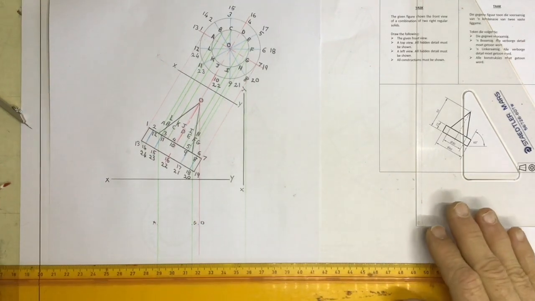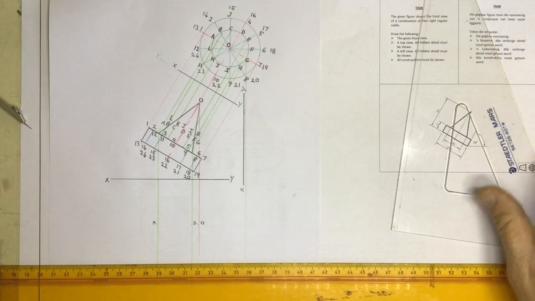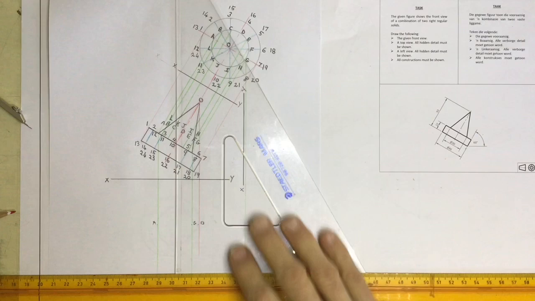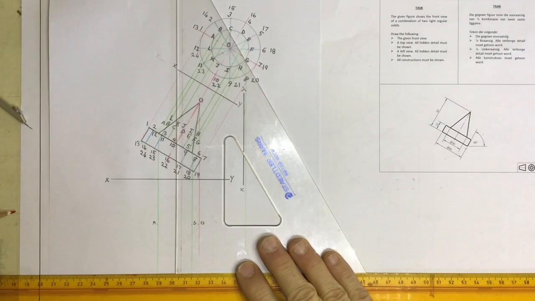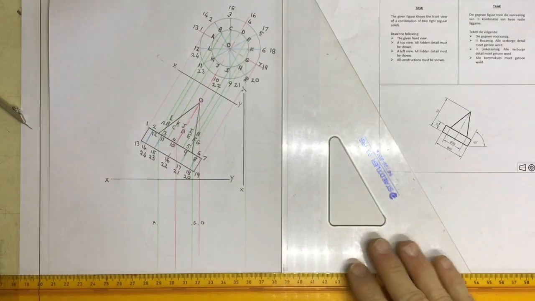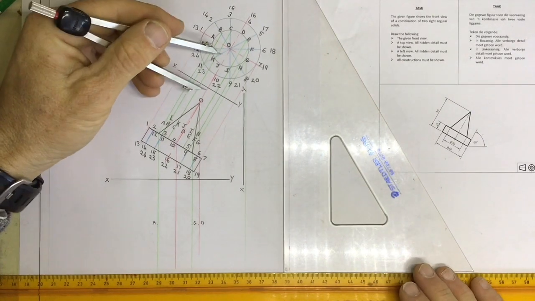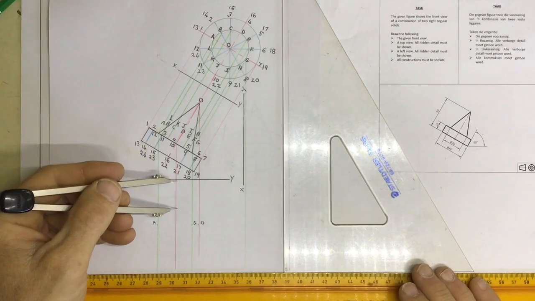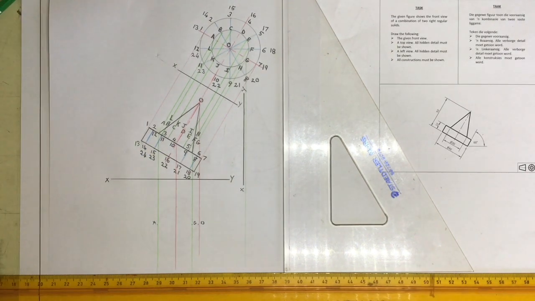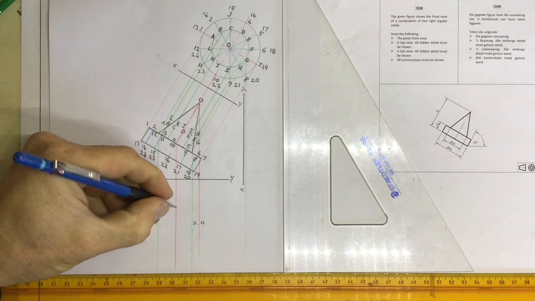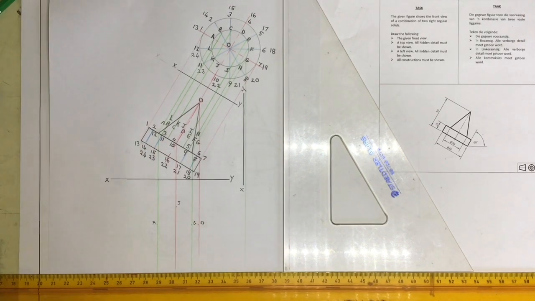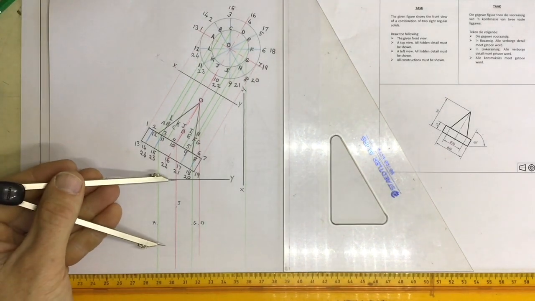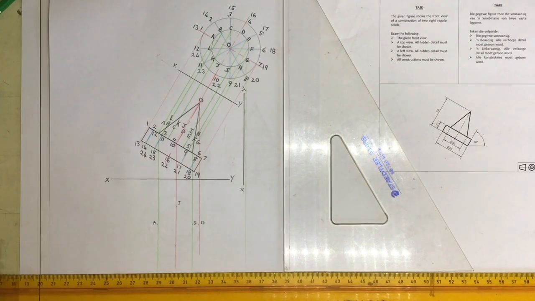Once I've got that in place, the next 2 points that I would suggest that you do are J and D. Put those into the drawing. Find J and D, that's coming off this point over here. It's in the center. I'm going to use the red over there. Make sure that you've got J and D. There's J. Find it over here. Pop it in there. Mark it off. There is J over there. And then D, take that measurement over there, come down to the XY axis, mark it off over there,